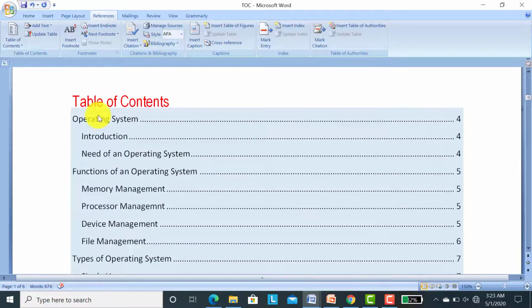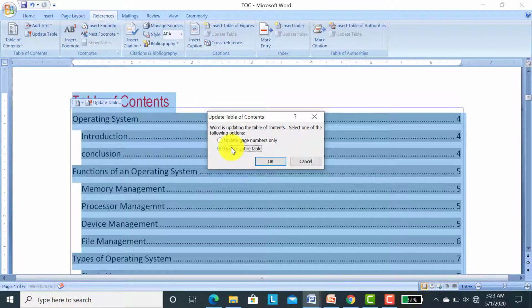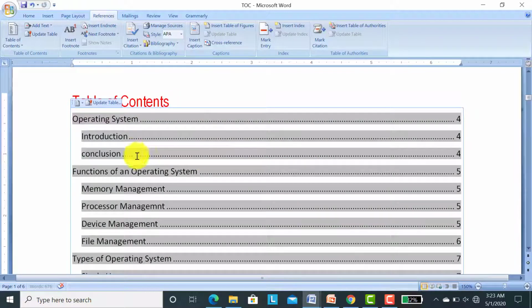How will it change? Click on the table and Update entire table. OK. You can see here Conclusion has changed.